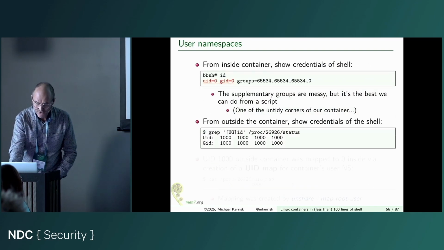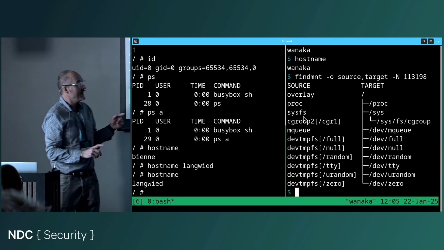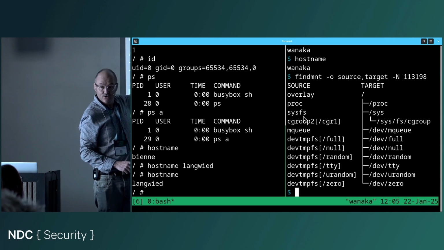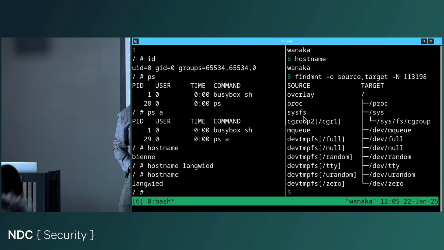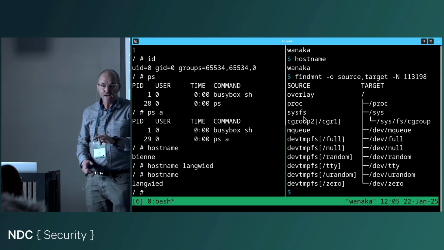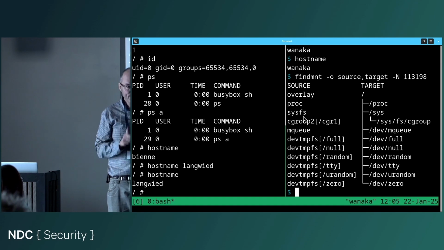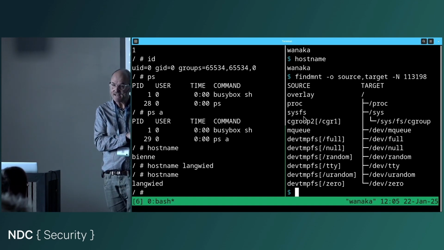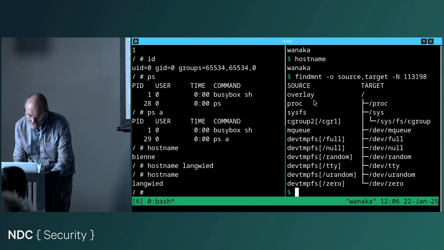I've already showed you the credentials of the shell from inside and outside. How did that happen? Why is it that this process here looks like it has UID 0, but over in the outside world looks like it has UID 1000? It's because along the way, I used an option with Unshare saying map root user. What map root user did was create what's called a UID map for the user namespace. And the UID map says, what do IDs in the outside world map to in the inside world? And if I look at the UID map for that process,